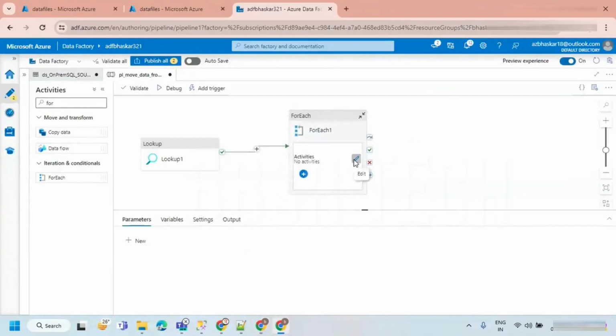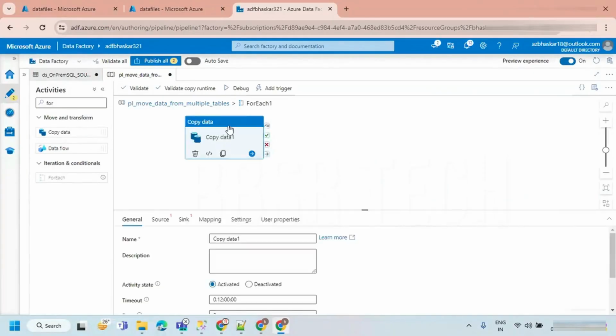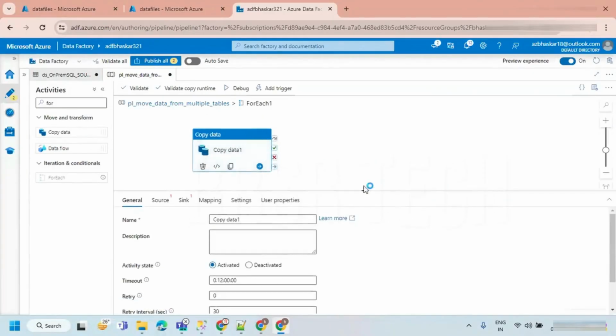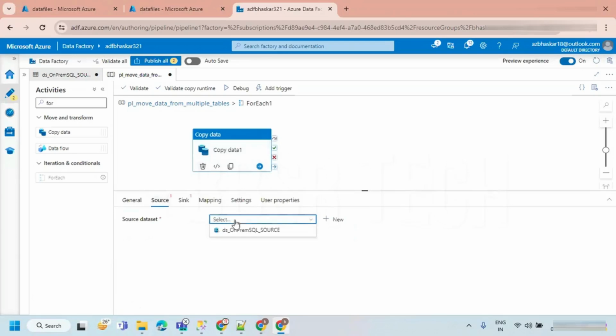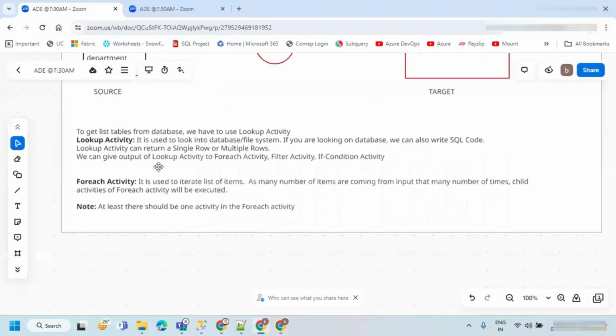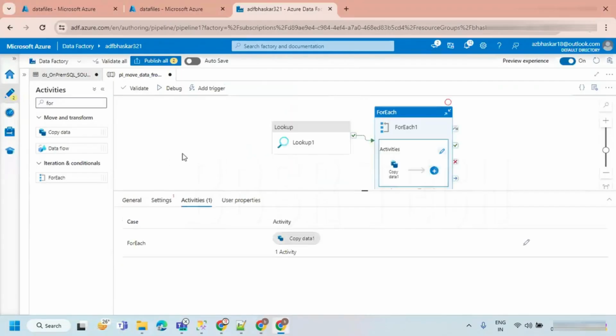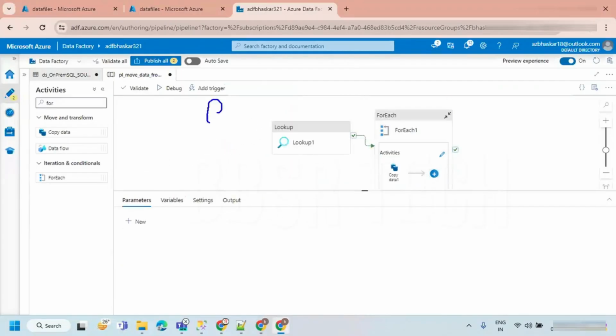Now let's go inside this for each, and here I'm going to keep the copy data activity. The copy data activity is expecting a source data set. Since we are not taking it from a single table but from multiple tables, the first lookup is going to give the first table, let's say employee.